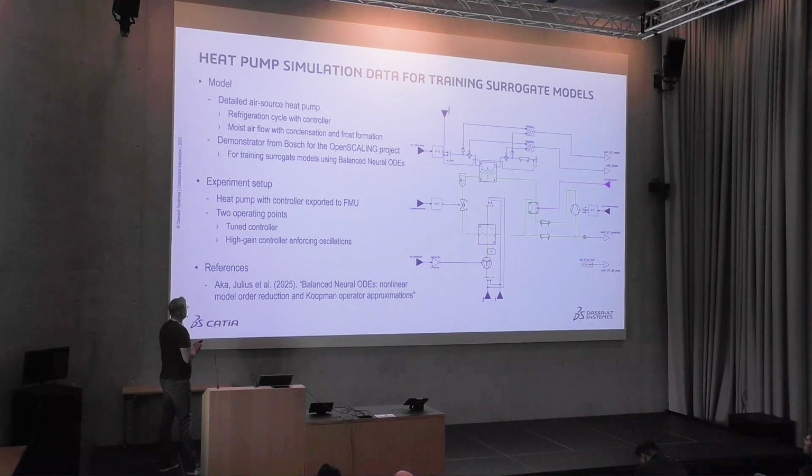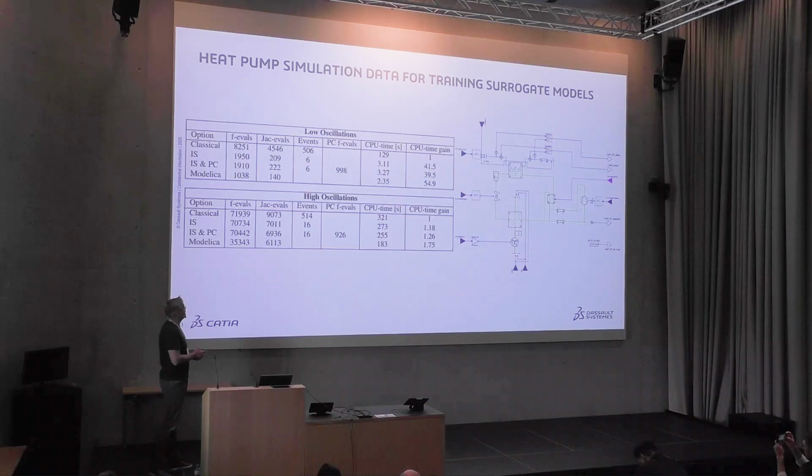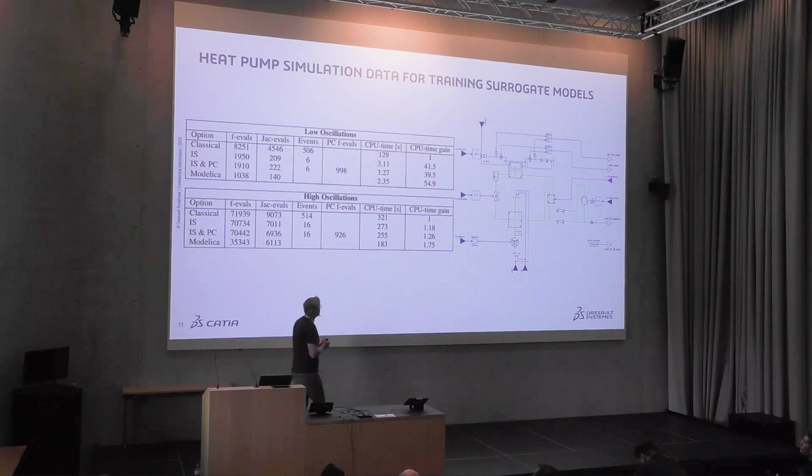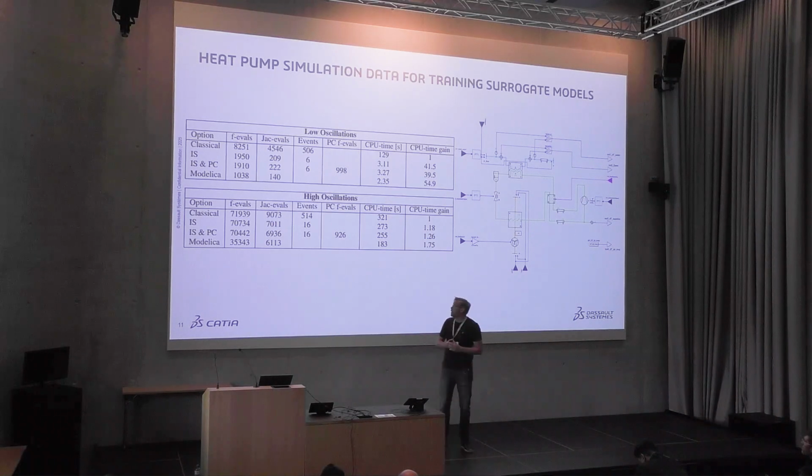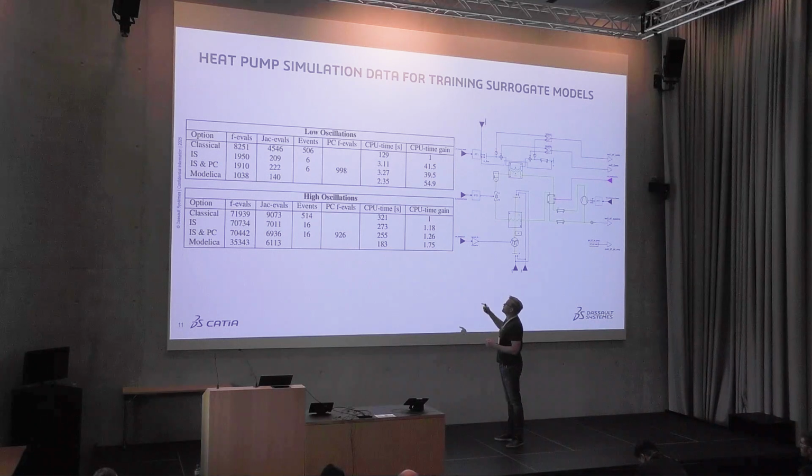It has two different operating points. Either you have controllers that are tuned and give a nice simulation, or you have high gain controllers that make the simulation a bit crazy. And we did also some experiments with that. And I think the last column is the most important one, where you can see in the low oscillation case, input smoothing gives 40 times faster simulation compared to classical. Predictor compensation in this case doesn't help. When you have high oscillations,